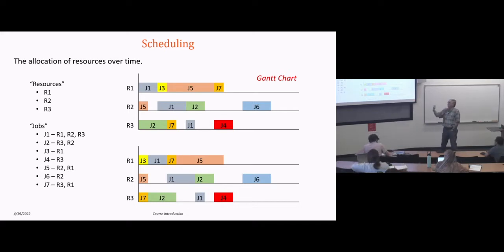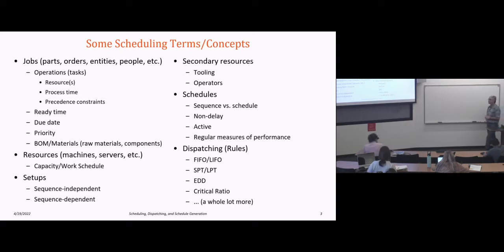That's really what we're doing. And the easiest way to explain a schedule is to give this Gantt chart view where, in this case, we have our resources and then we have the jobs that are processed on those resources. So this notion of scheduling says I'm going to determine sequence and then I'm going to set the start and end times for operations. When we talk about scheduling, that's what we're talking about doing.